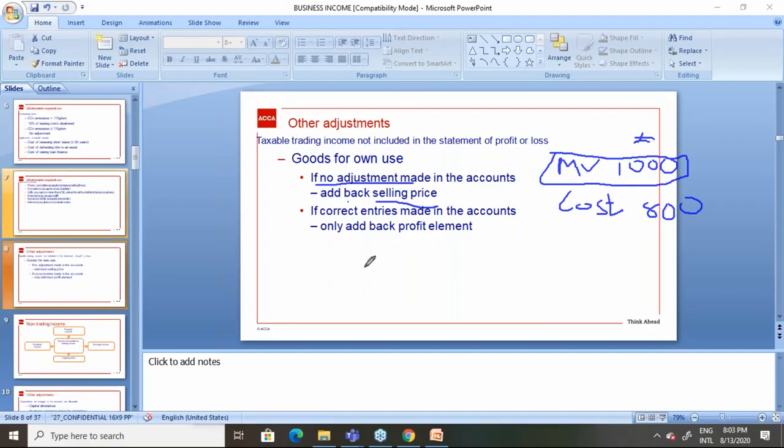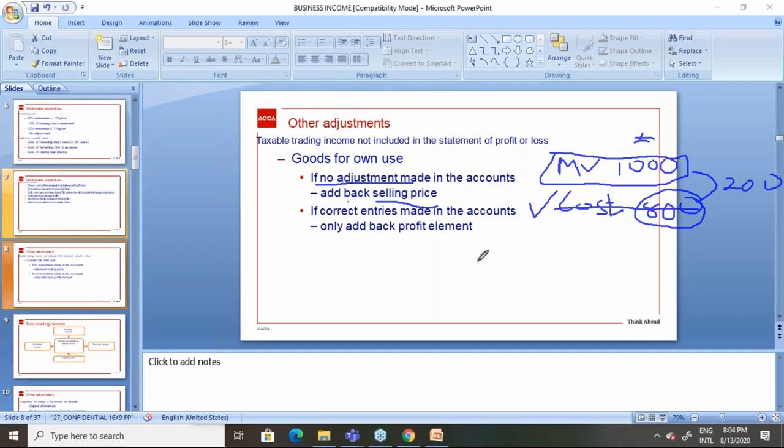But what matters here is, in accounting, when you record goods drawings, we use the cost value. In accounting, we use the cost value to record a transaction. But for the purpose of taxation, it is not the cost that we should take into consideration, only the market value. In accounting, you have recorded the cost 800, but for tax purposes, you should take the market value. Since you have already recorded 800, what you should do is take the difference 200 and increase your profit